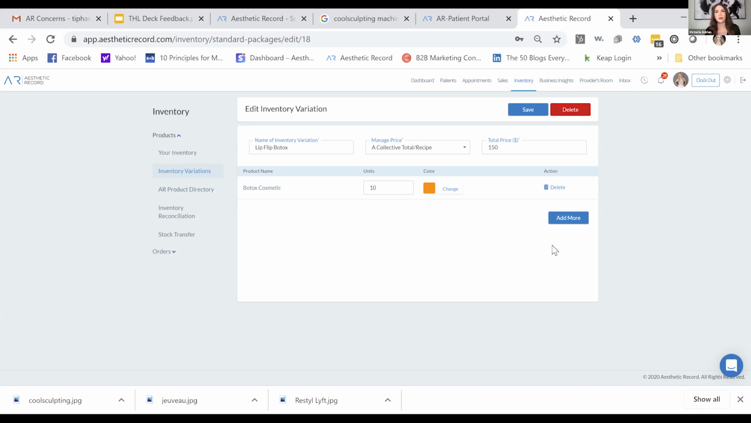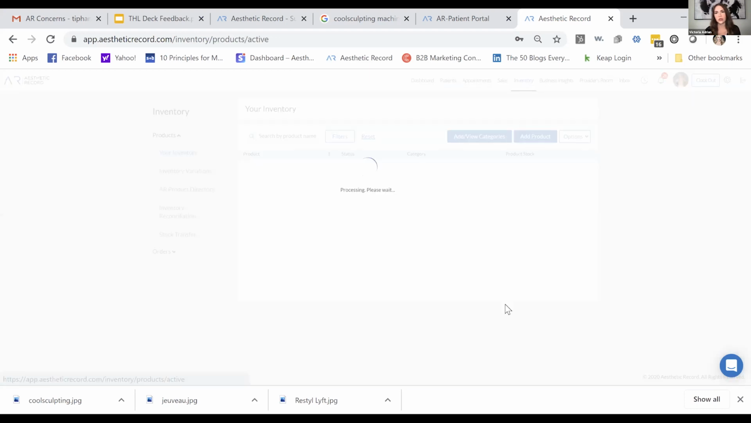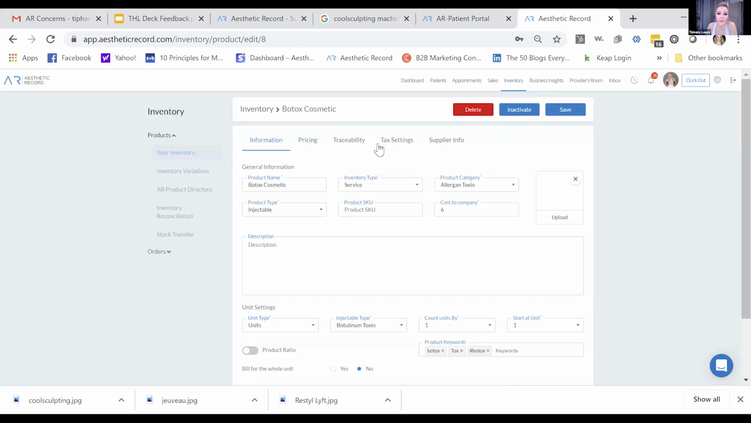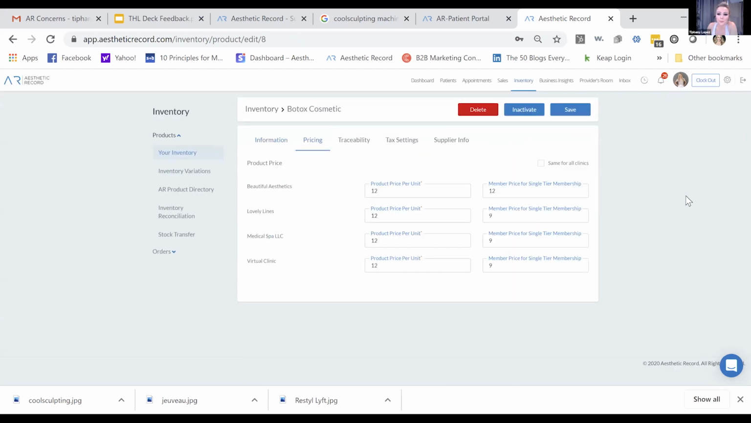I think, oh, go ahead. That's okay. I was just going to say real quick, can you go to the actual inventory section? So for anyone that is new to using memberships with AR, if we click on anything, let's do Botox, because I think we have one in that. Perfect. So right now, the way that it works is that you can add in member pricing for a single